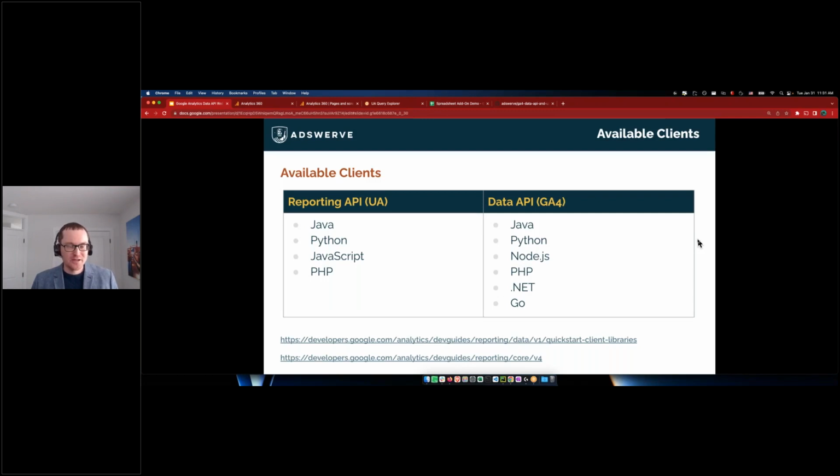So for reporting API, these are the available clients: Java, Python, JavaScript, PHP. And for data API for GA4, you can use Java, Python, Node.js, PHP, .NET, and Go. You can make a request to reporting API or data API using these clients. And again, as usual, your requests need to be authenticated, and you would need to perform a few steps to